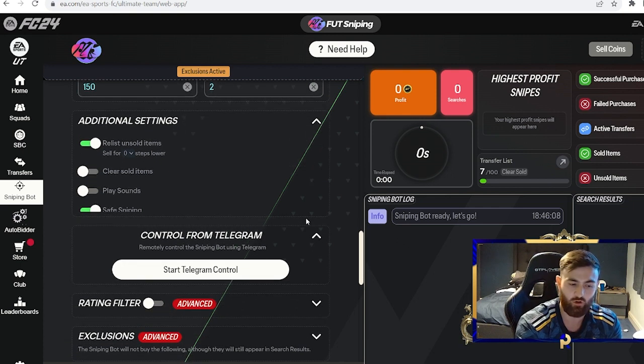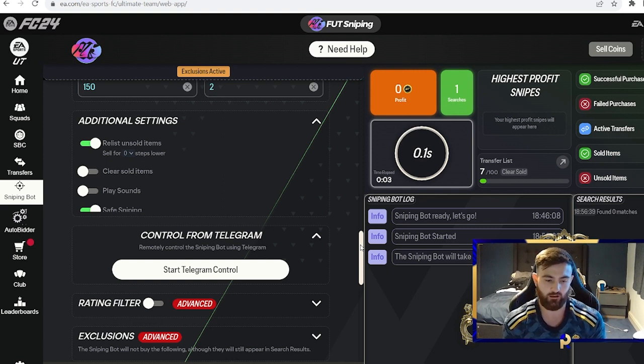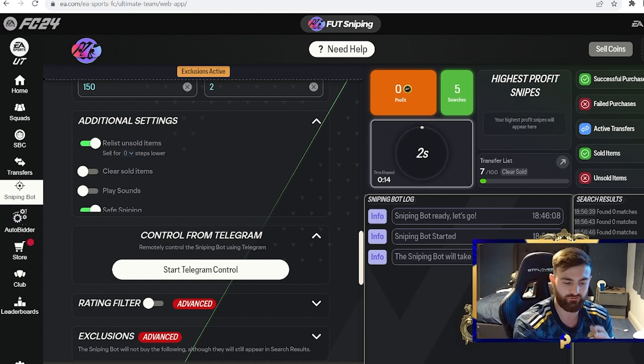Safe sniping is on, so that means if a ton of cards come up immediately, it will not buy them. As you can see here, first of all, it's already started. So found 0 matches straight away, finding 0 matches. Of course, there aren't many cards on the game right now, so we're going to continue to do this until it finds a match. Now, if it doesn't, what we will do is I'll stop the bot, and then